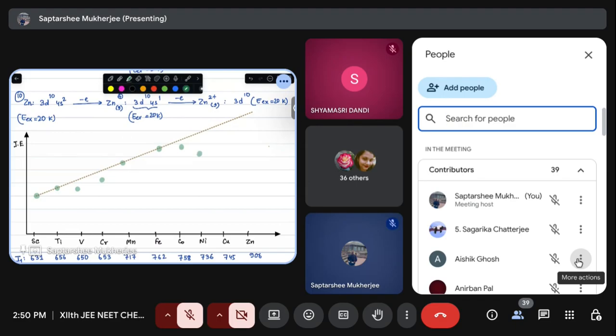Then nickel to copper, we can see there is a slight increase again. Copper to zinc is at the maximum. So in reality, what are we getting is